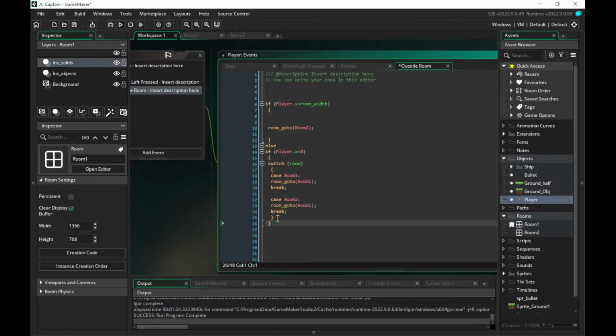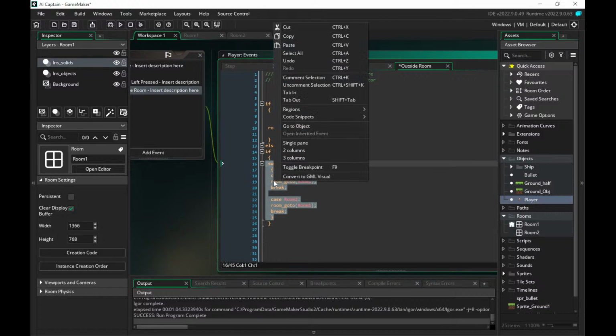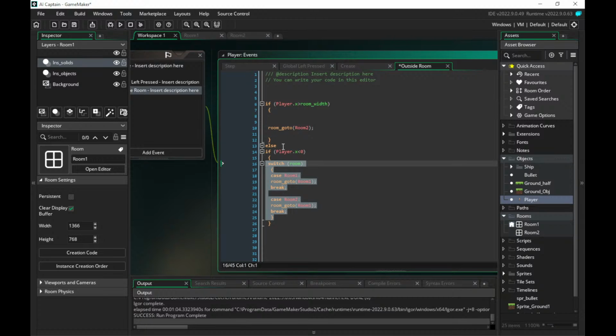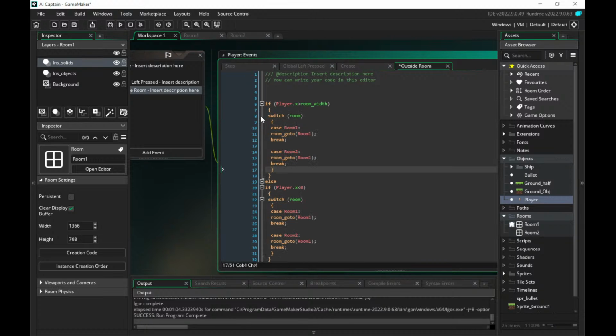And now what we can do is we can just copy this switch, because we'll be using the same switch in each case, and then paste it here. So now if the player's X position is greater than the room width, so we've walked off on the right hand side and the room is room 1, we're going to go to the next room, which is room 2. If we're in room 2